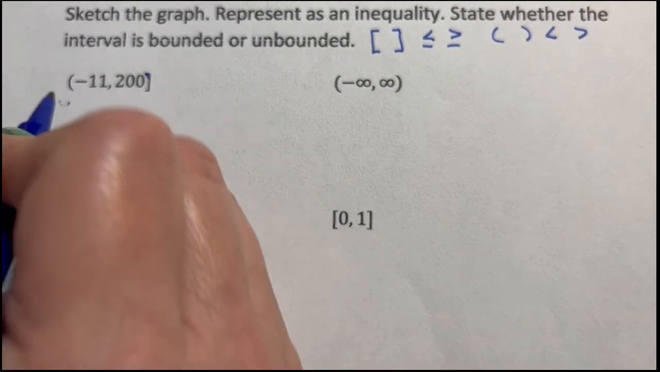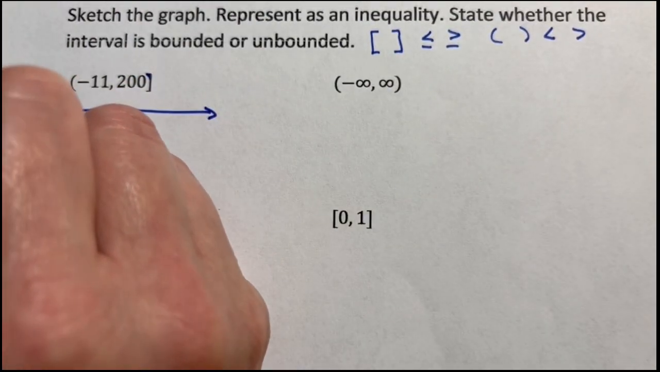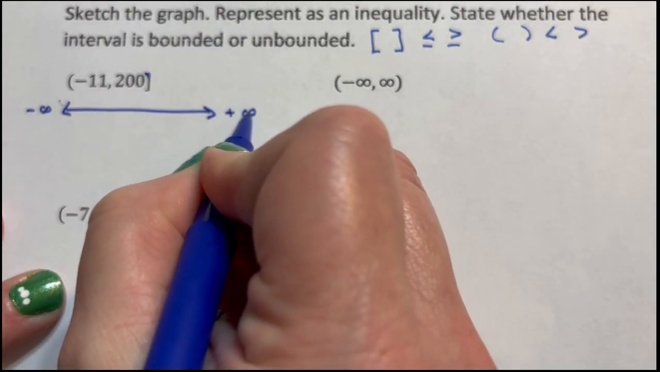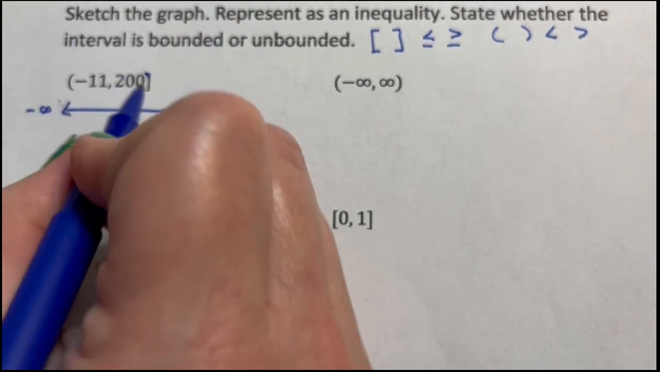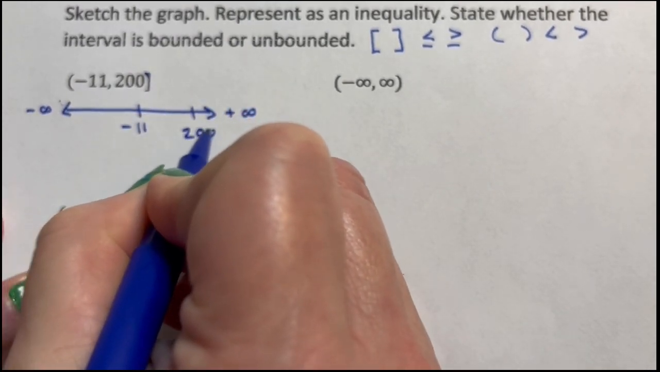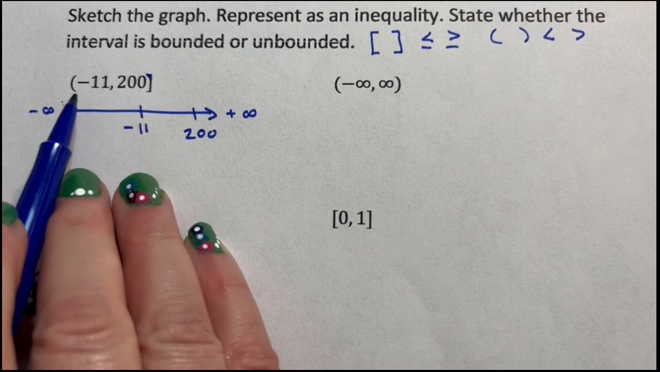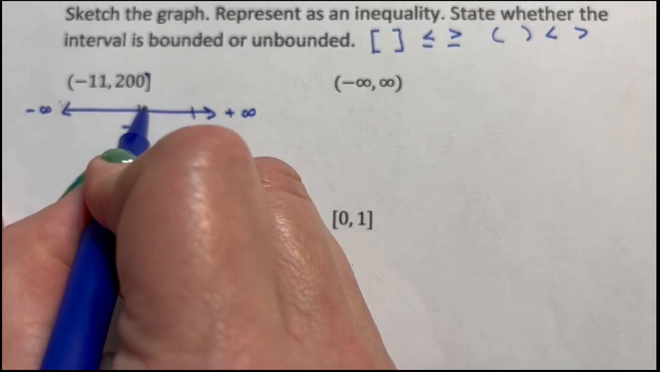Okay, so sketch this graph. I always do a basic number line with negative infinity and positive infinity. I'm going to put in the negative 11 and 200. I should have justified that a bit. That's okay. I'm going to shade between the two numbers,